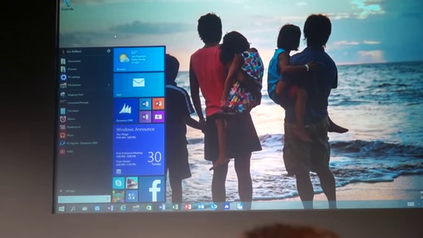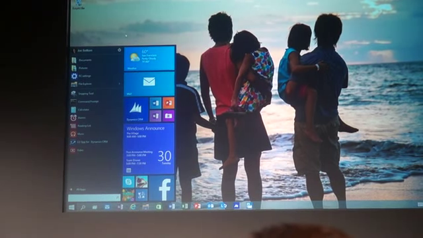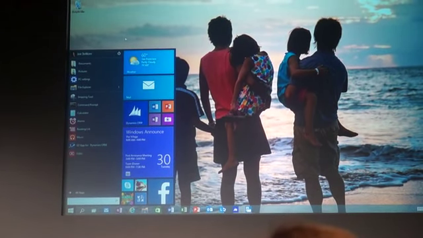All right, so that's a quick look at the basics, the taskbar, the start menu. One of the things that's